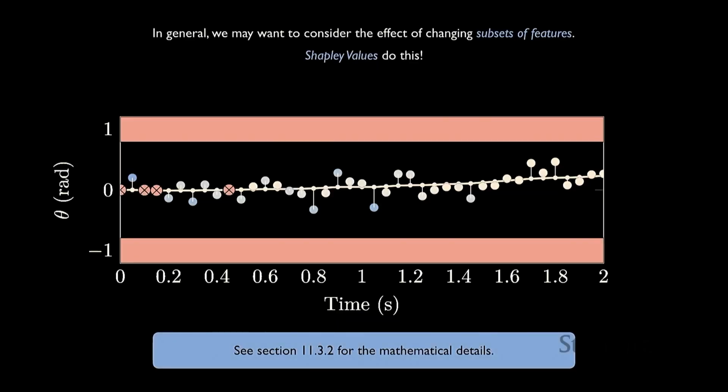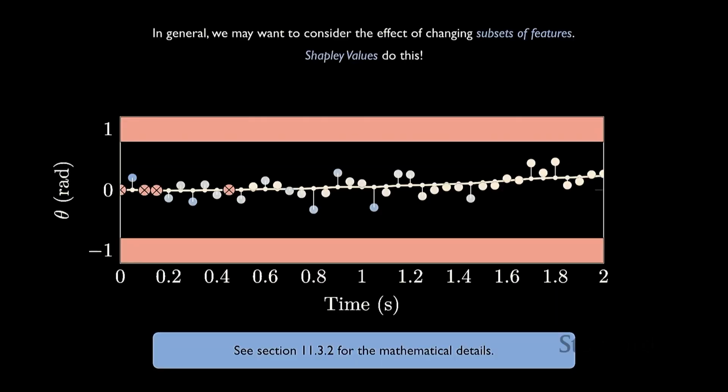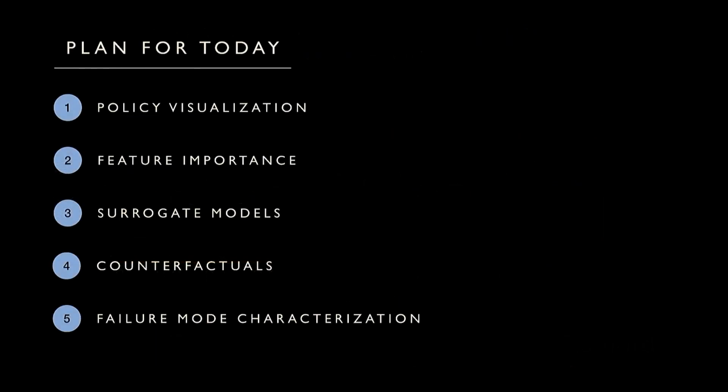I didn't really go through the math here. I think the notation gets really messy, so we tried as hard as we could in the book to make it as clean as possible. We also have it implemented in code if you want to check it out. You can go through the math; the notation gets messy, but what's going on is not super crazy. It's just including versus not including a feature, and that turns out to be really hard to write down cleanly in math. Okay, so that's feature importance.